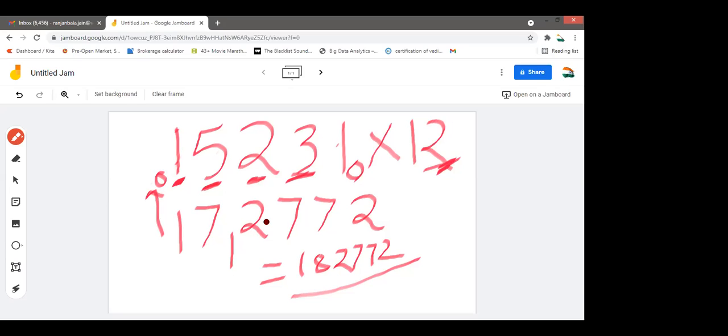That is a simple process. And if a carry is generated, you have to add that carry with the next digit. Carry example I have told you in the very first lecture. At that time, I told you that this is to be added with the next digit. And this is the process which will be required every time in Vedic maths, in all 16 formulas. Whenever a carry is generated, it is always added with the next digit. So that's the simplest thing.